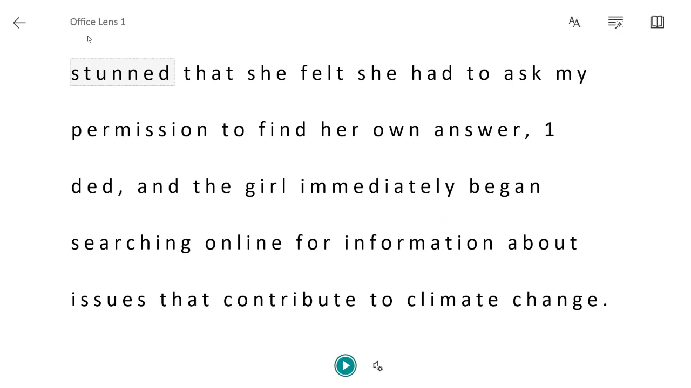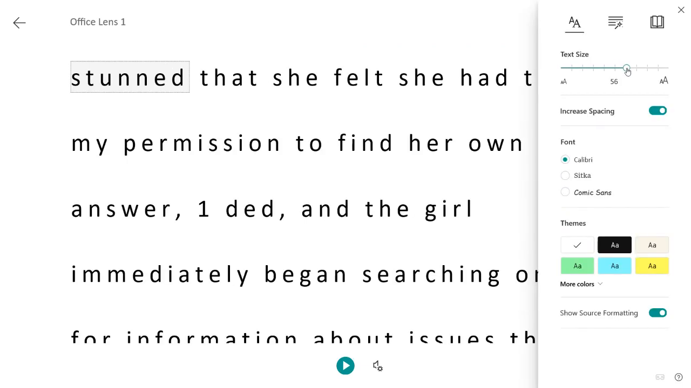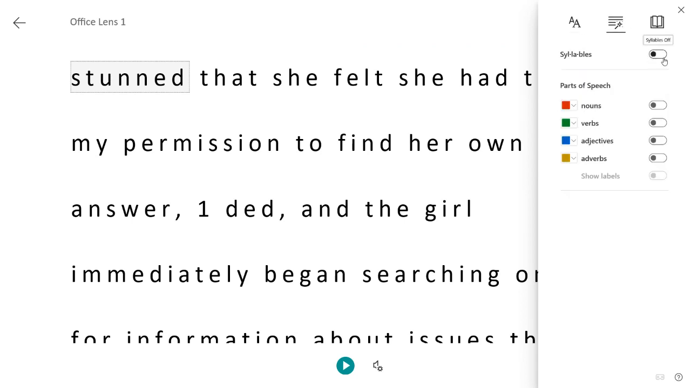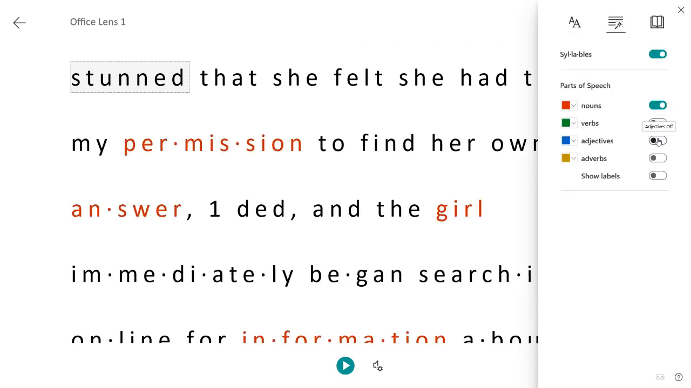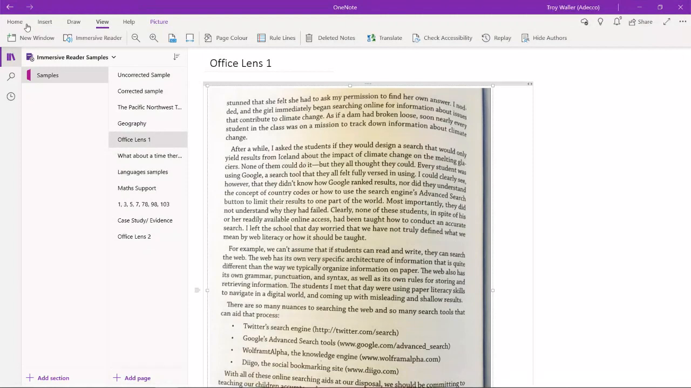Look what happens here. When I click on that, I have the full Immersive Reader experience: changing the text size, changing the font, the spacing, the colors. I can syllabify and show parts of speech, whichever ones are relevant to me. I can show the labels. I can do line focus, picture dictionary, and I can also do full translation from a photograph of the text